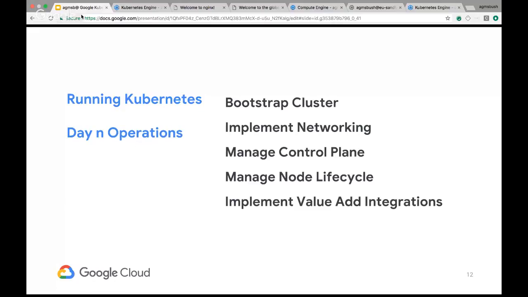And then finally, there's implementing value add integrations. So this could be like, I want to now run multiple Kubernetes clusters, and how do I route users to the nearest Kubernetes cluster closest to them, right? Am I achieving this at DNS? And I have to configure that. And that's just one example, but there's a ton of different things that you may want to enhance your cluster with to give you more visibility or something like that.